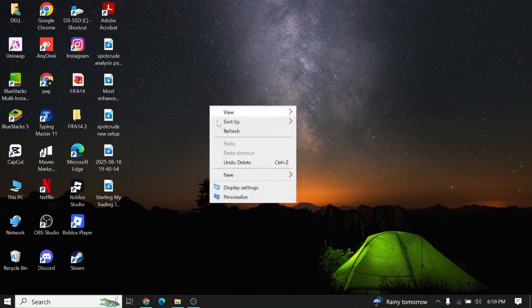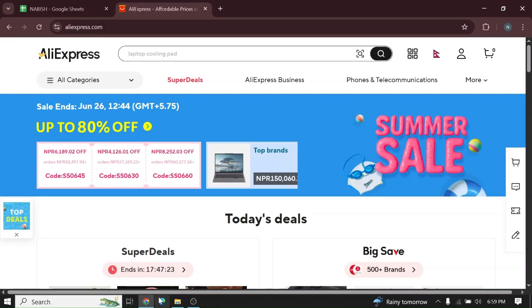First of all, open Chrome on your laptop or mobile device. Once you open Chrome, now search for the AliExpress website. As soon as you enter the website, log in to your account with your registered email and password. After you get logged in, look at the top right corner of your screen where you can see this flag